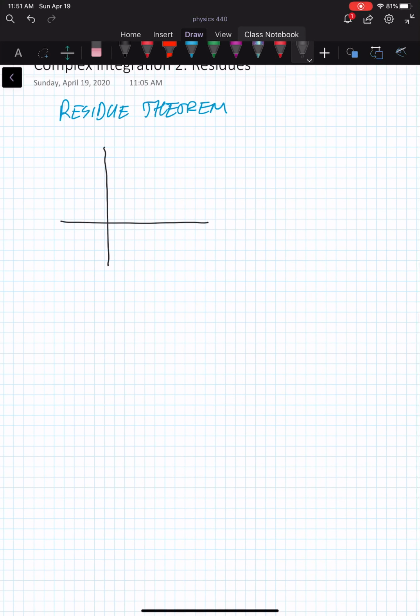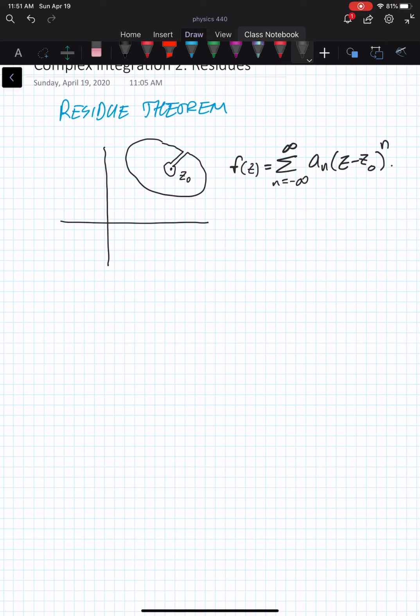Hi again, everyone. Now we're going to look at residues with a couple of examples. And just a quick reminder, since this is where we left off last time, residue comes from a Laurent expansion around a finite number of singular points. So we're assuming that we have some region that's analytic except for these finite points. And if it is, we can write a function as a Laurent expansion, a complex power series about that point. And again, we're going around counterclockwise as usual, which means that we are going clockwise around this